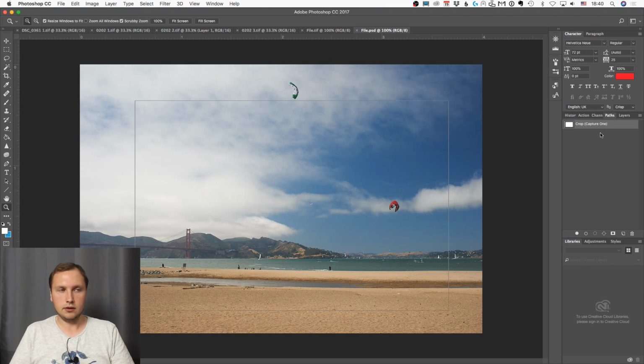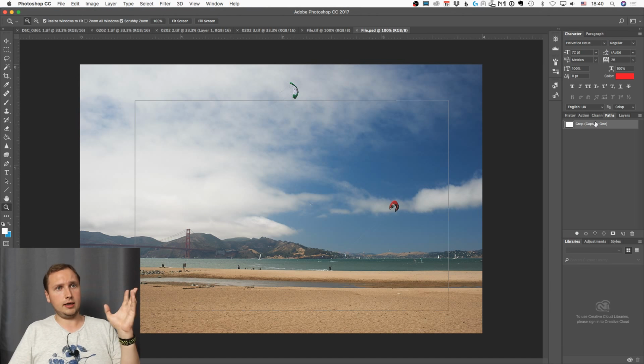That's really useful because in this case, for example, when you're sending your images to, for example, your art director or to your client or to your retoucher, to any